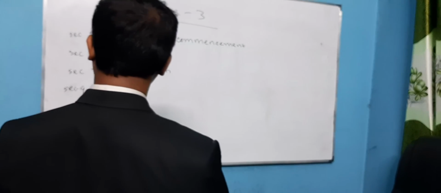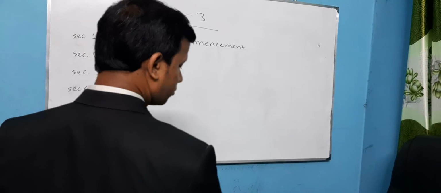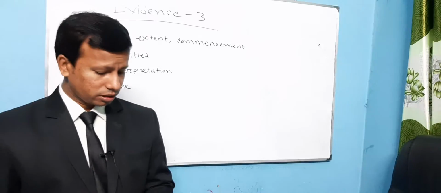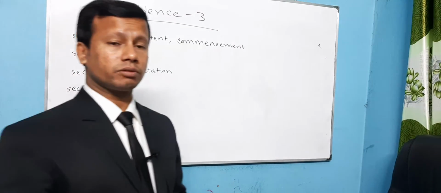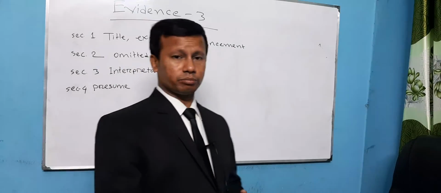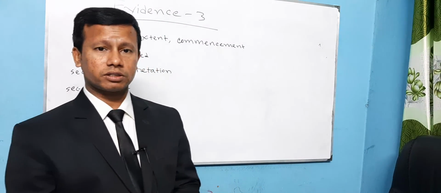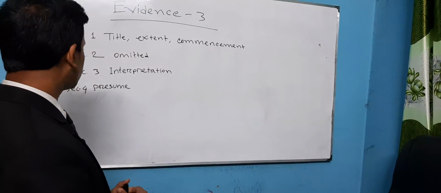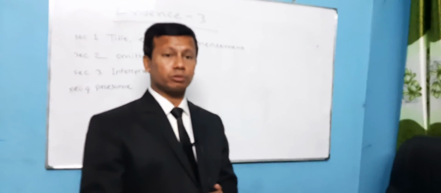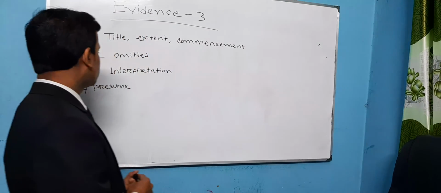And now may presume. I think that you have understood. May presume: Evidence Act section 90. Section 90 says that for a 30 years old document the court may presume. So if a 30 years old document is submitted, the court will think that this is proved until or unless the party concerned disproves it, and the court will call for proving the matter next.